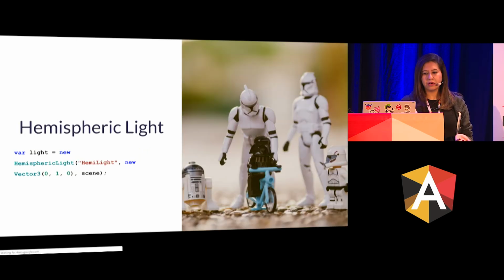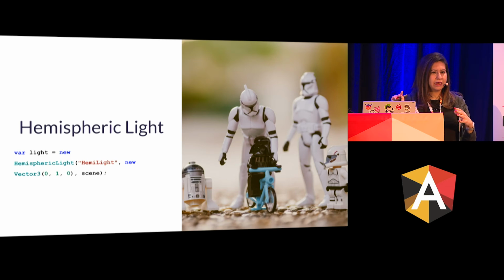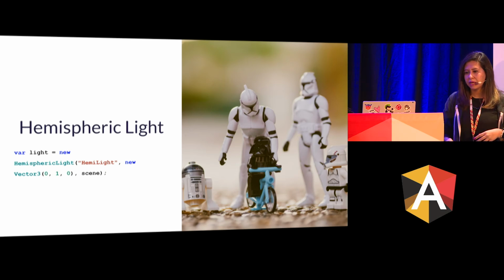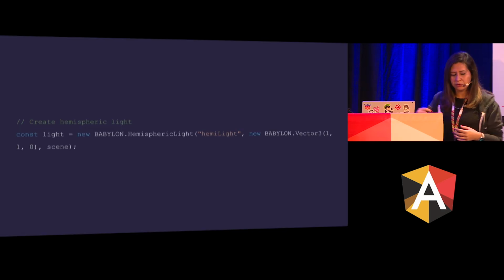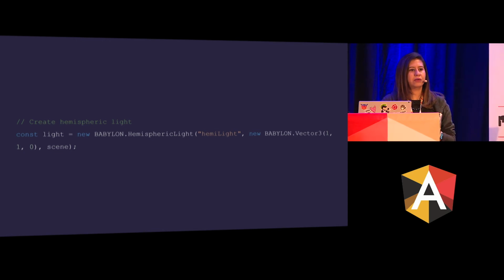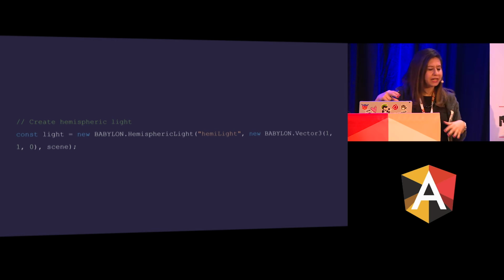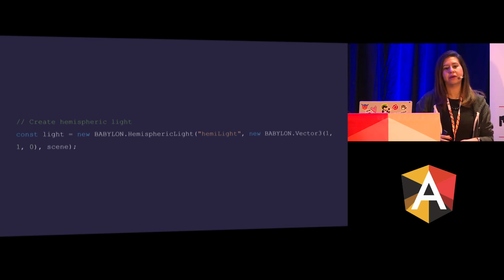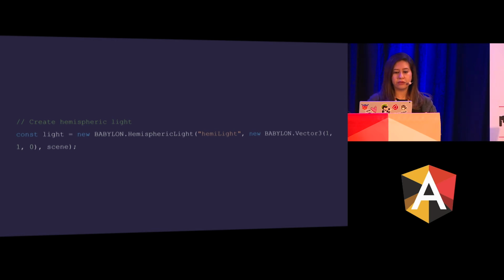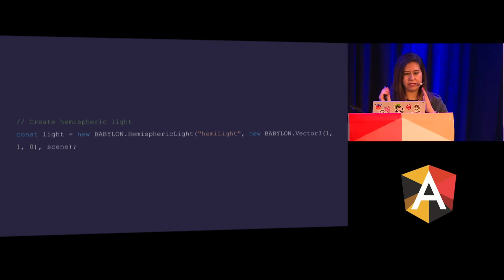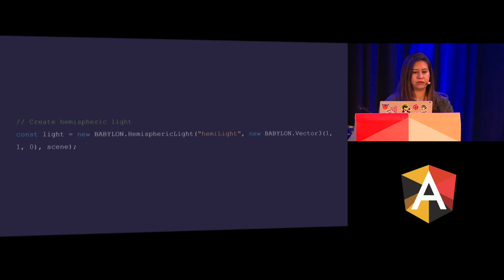In our project, hemispheric light is when you have a general light for a specific scene, which, of course, has a name, and then the position, and then the scene. In our project, we use the hemispheric light to lighten up the whole scene, and also we added a spotlight on top of the gift box. And if you look at it from the top, you can see that it has totally lit up there. And it's so easy. You just say, babylon.js, I want to have a hemispheric light, and then the name, and then the options that you want to have.